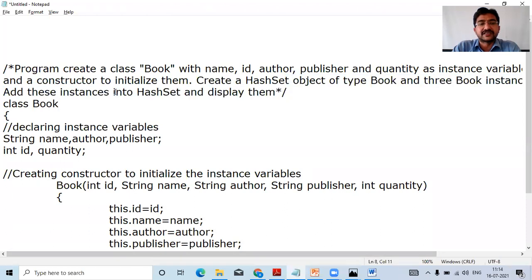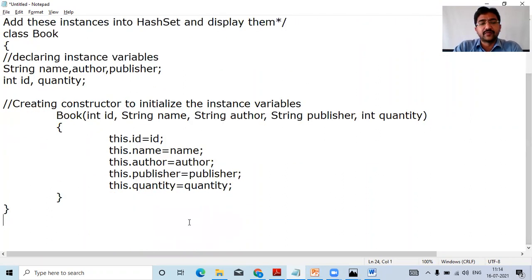and adding these instances. Which instances? Whatever we are creating, b1, b2, b3, that we are going to add. How to add? With the help of the add method. To whom do I need to add? To the hash set object, into the hash set, and display them. That's very clear, right? To do that, we are going to create one more class to put the main method.